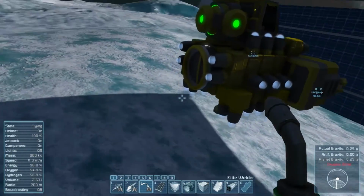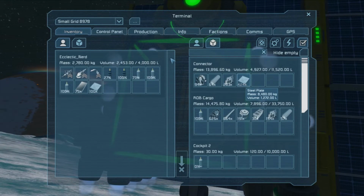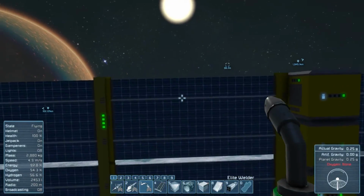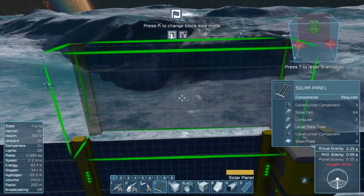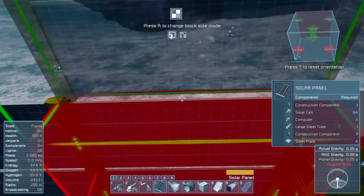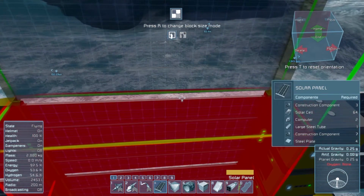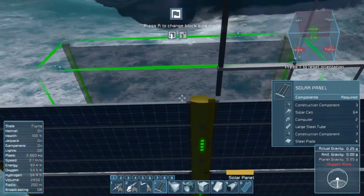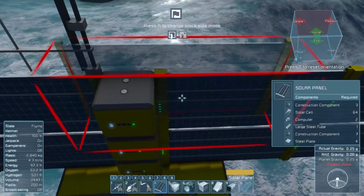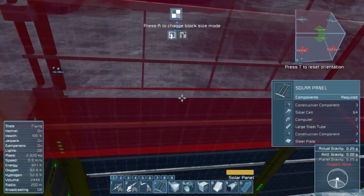Let me get some steel plate here. And I definitely am going to need more solar cells for this. I just want to get this laid out, and then I can do the actual work later. Nope. There we go. I think I'm just going to stick with the batteries. I don't really need that much extra stored power,